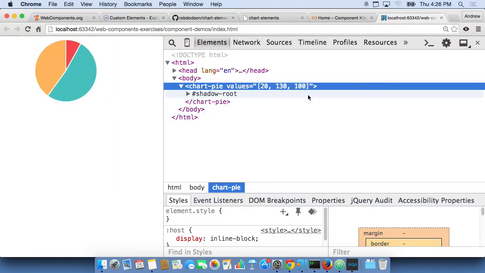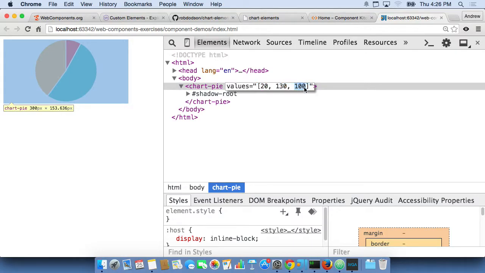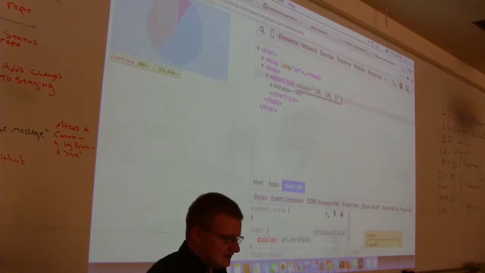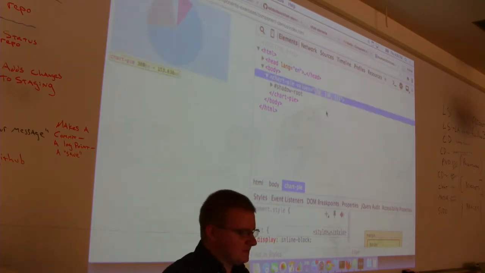So what's the callback that he used? Attribute change callback, exactly. So I can go ahead and change this here. I can change this to 1, and now that's just going to be a sliver. I can change this to 51, whatever. So anyway,